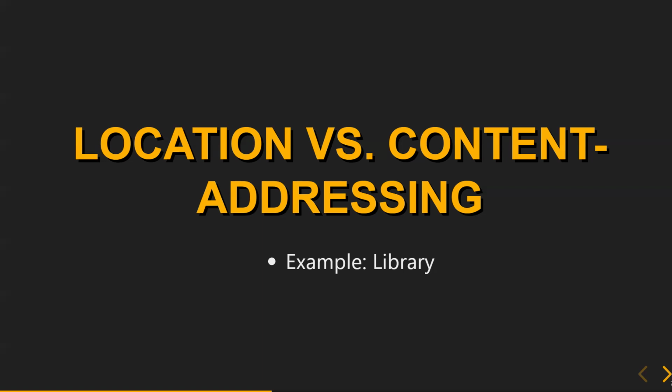The switch is a bit difficult technologically, from a tech perspective. So to make it easier for you, there's a great example I always use in these kind of talks, the library example, to explain what location versus content addressing means. So in location addressing, I would say, oh, I've read this great book and you should read it as well. And then I tell you, okay, get this book. It's super easy. You just go to Augsburg where I live, go to the university, go to the library. It's the building down the hill on the second floor, the bookshelf on the third floor, the third book from the right. That's the book I'm talking about.